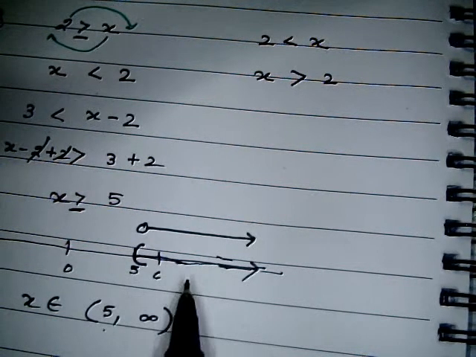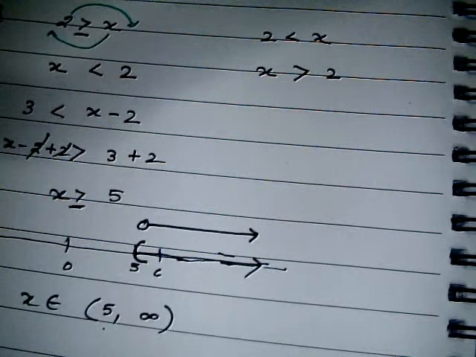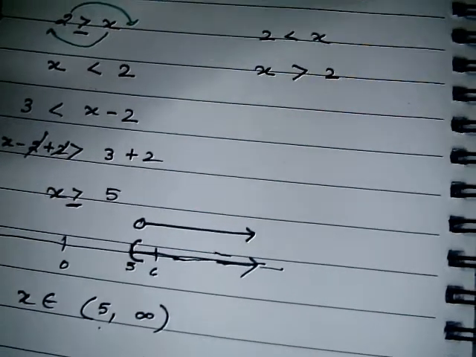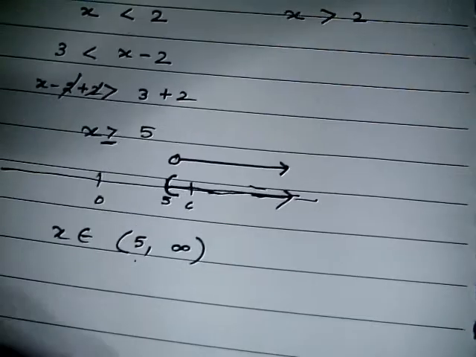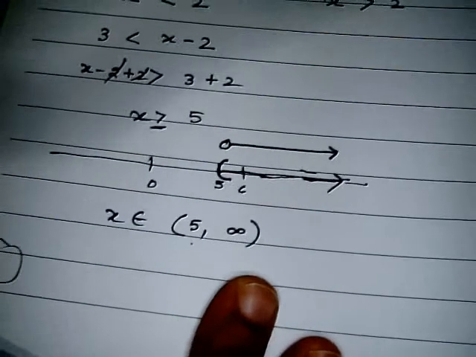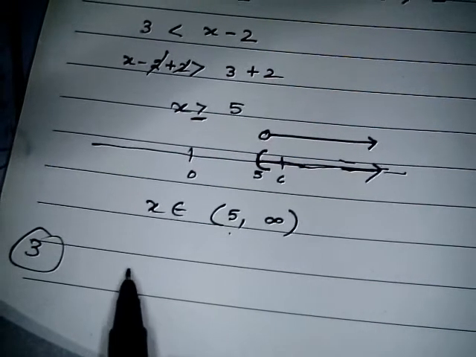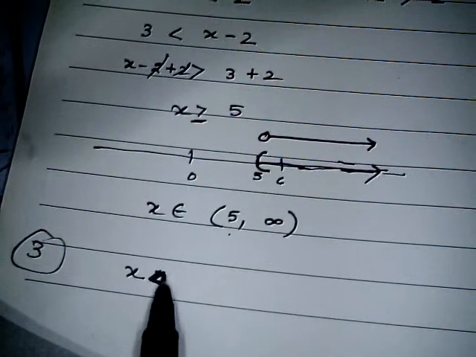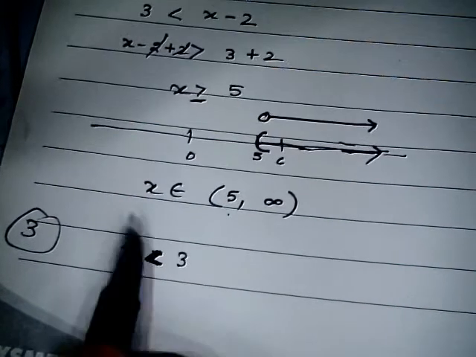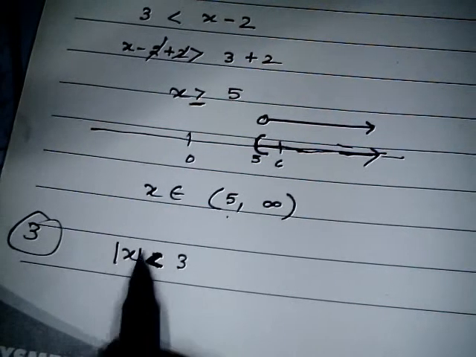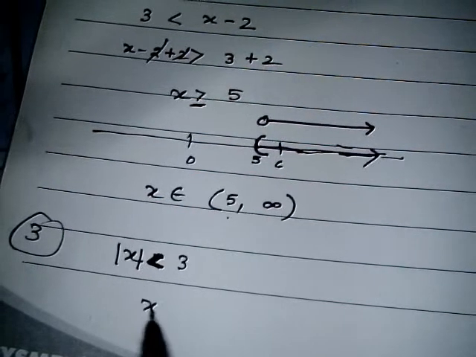Now let me work out the questions. But first, one more rule I will explain, for absolute value inequalities. Okay, how we can write it. Suppose the inequality has a less than sign, for example modulus of x is less than 3. When the absolute sign, these vertical lines, is removed, then you write x from negative 3 to 3. This x will be lying from negative 3 to 3.